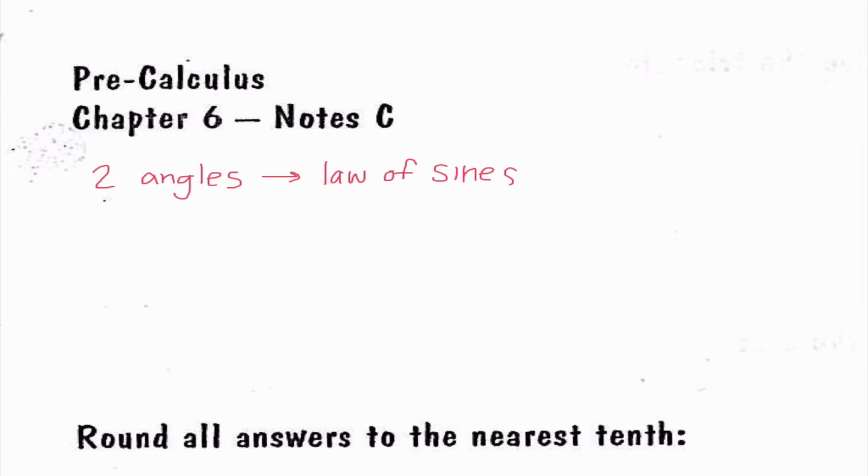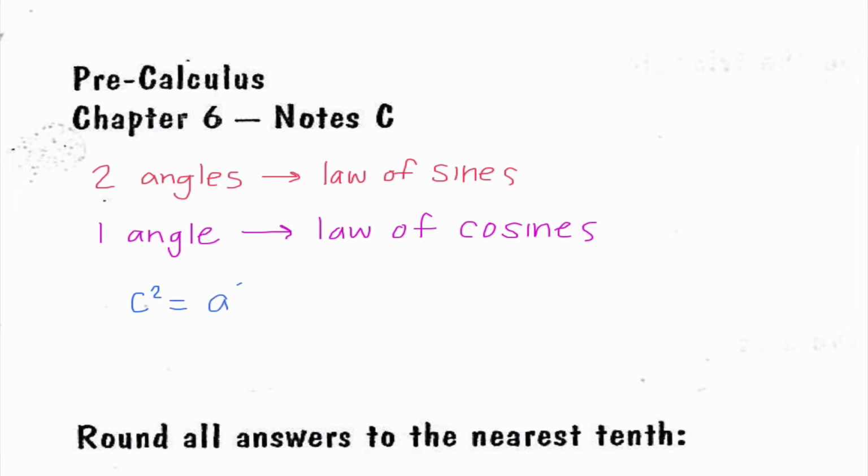The set of information we're going to see today deals with one angle. So it could be that we know all the sides and we're finding one angle. It could be we know two sides and one angle. And in these cases, we are going to use our new law for the day, which is called the law of cosines. So our formula for law of cosines is c squared equals a squared plus b squared,